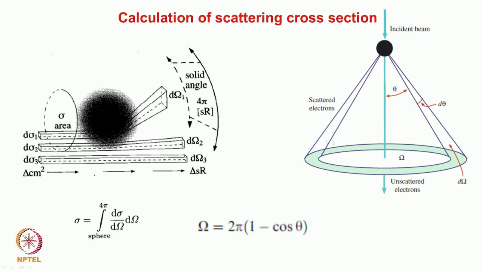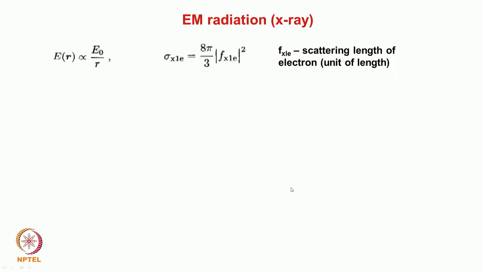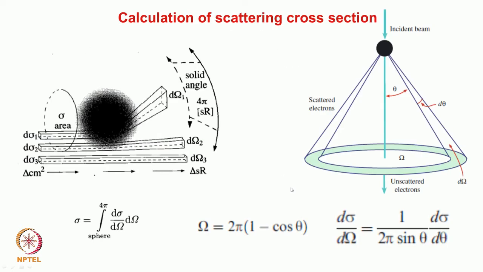In the same way, suppose an electron is getting scattered into a small region. We want to find out what the scattering distance is going to be. This is the sort of formula we can write. It is quite a simple derivation. Now you can see that d sigma by d omega depends upon the angle of scattering also.